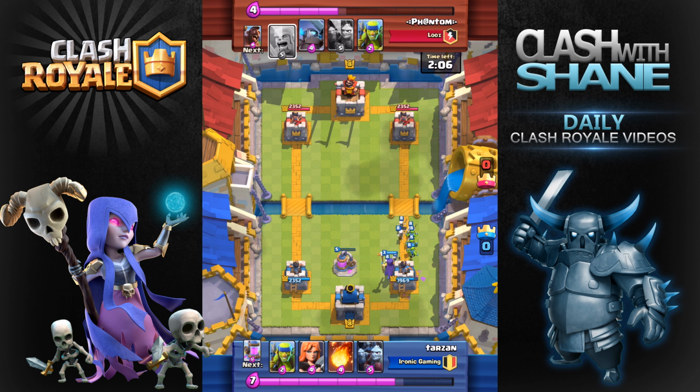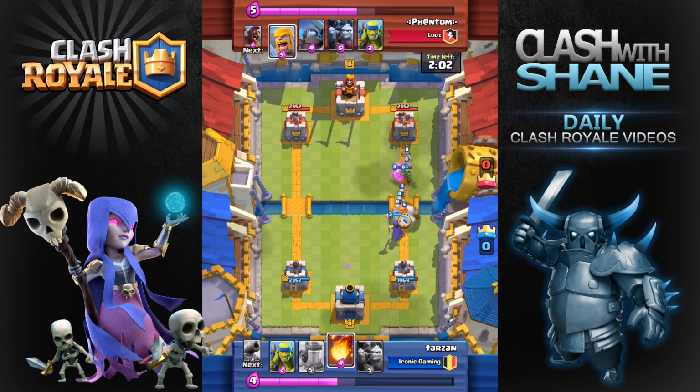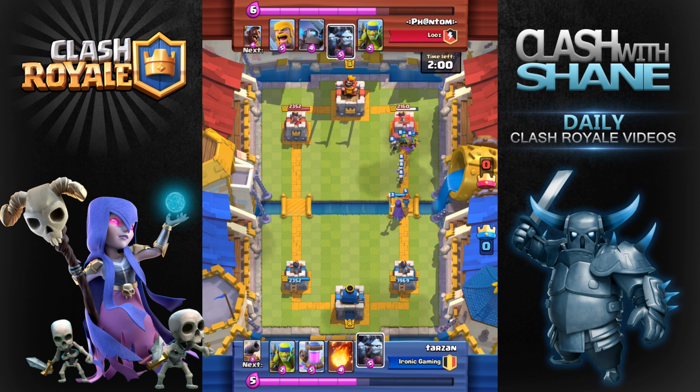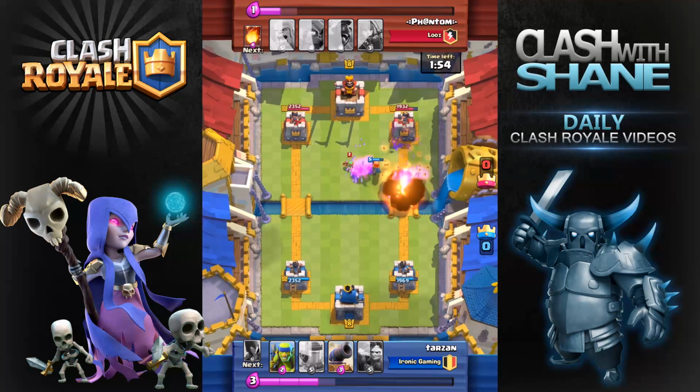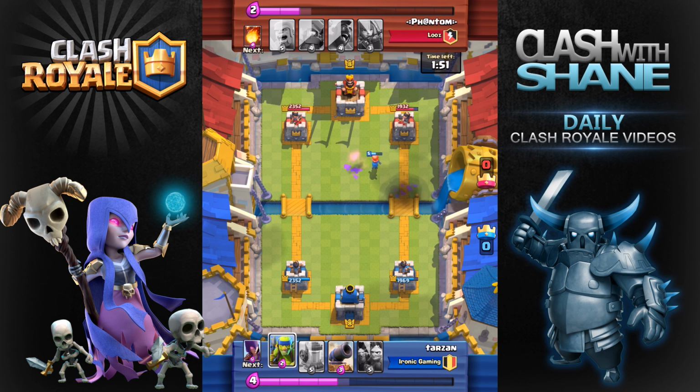So now I'm going to start setting up a push here on the right hand side with my witch and some goblins to back her up. I'm going to go ahead and drop my Valkyrie in front. Now watch this, guys. Unfortunately, he drops a minion horde, which is going to take out my witch pretty quick. But I do drop a fireball, which allows my Valkyrie to get in there and get some hits on the